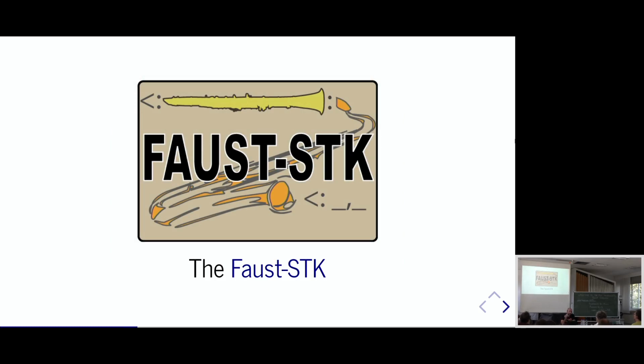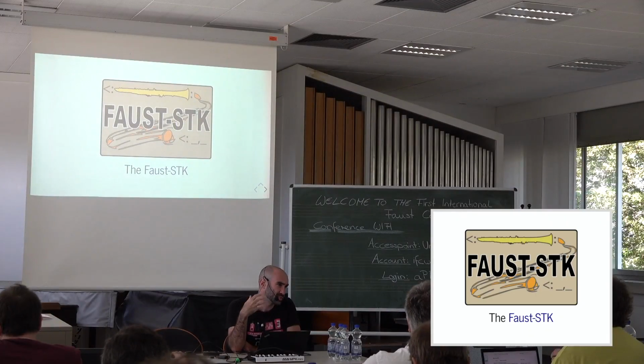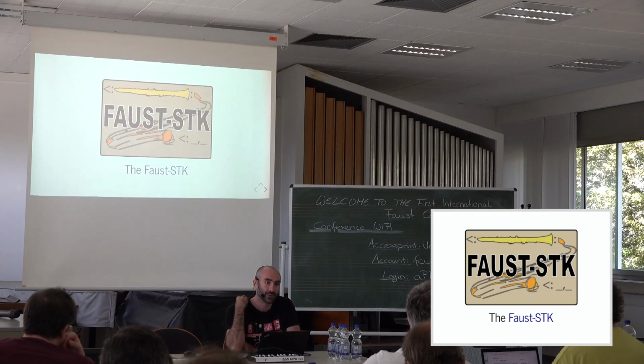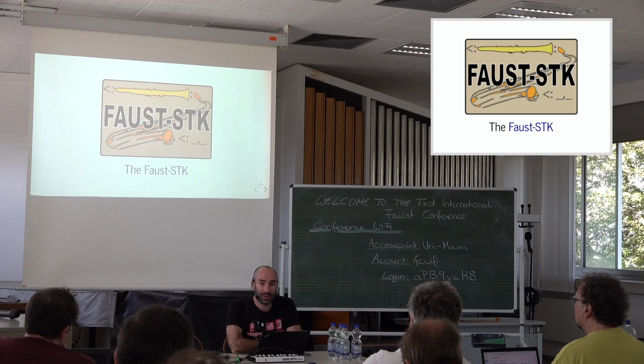So GeoShred is 3 years old, but in between I worked with a few other people on this thing, which was the Faust STK. The Faust STK was a comprehensive implementation of the physical models that were available in the original STK, which was in C++. It was just a basic translation of the STK in Faust. We just took the STK examples and then we ported them to Faust, and we didn't really do more than this. We also fixed some models that were not completely accurate,